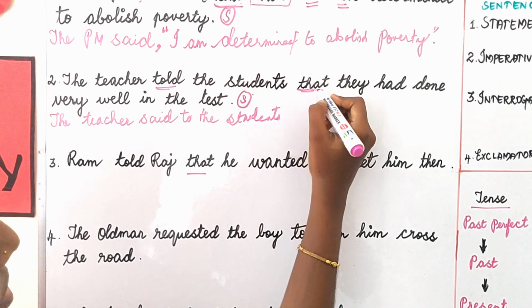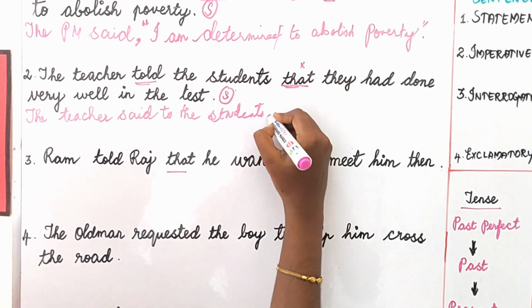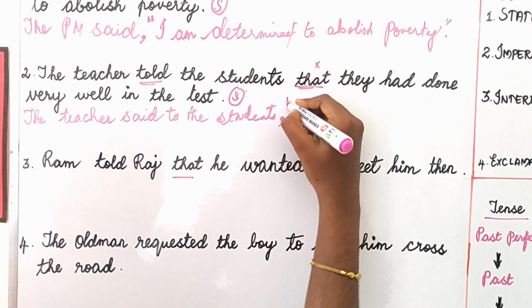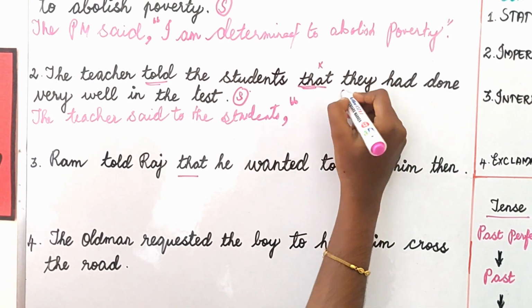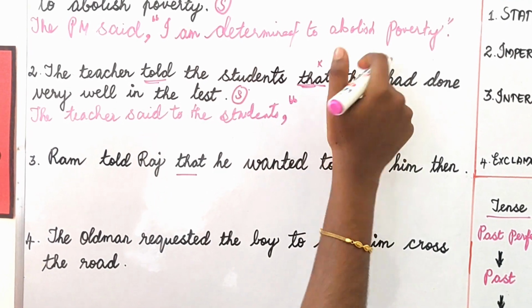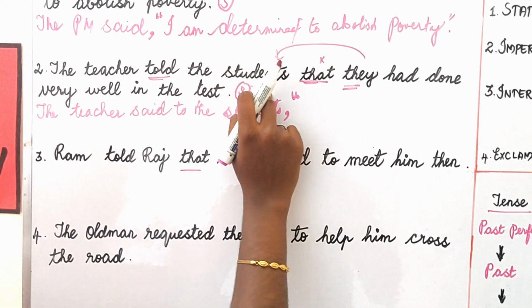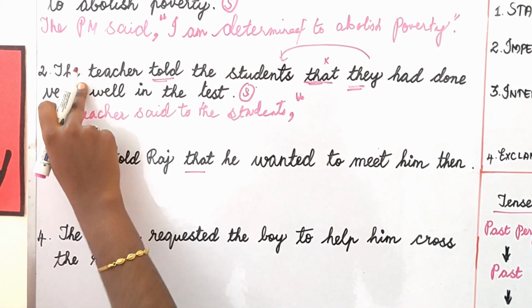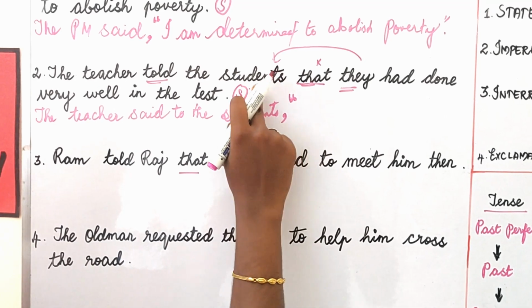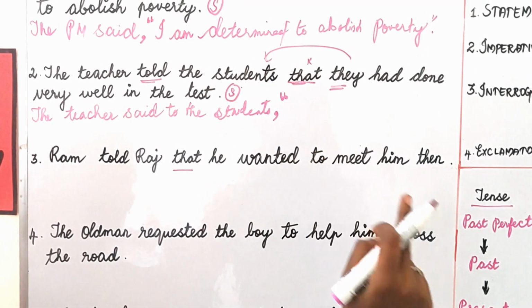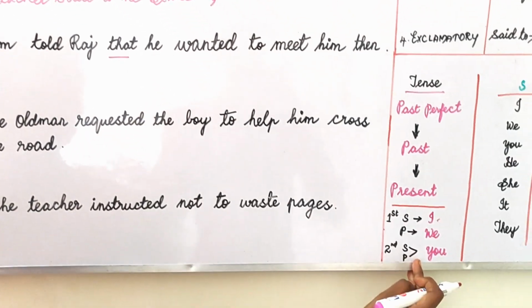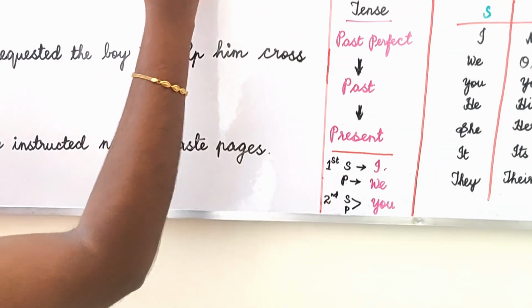Instead of that, we should remove it and add a comma, then open quotation. Now the subject is they. They refers to whom? The students. Second person. If it is the teacher, it is first person; students are second person. For second person, singular and plural, it is you only. So you